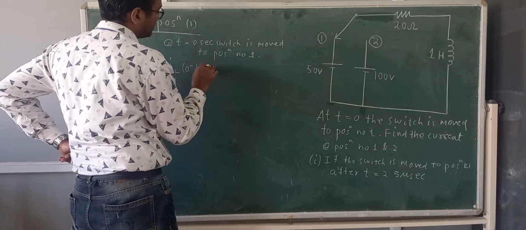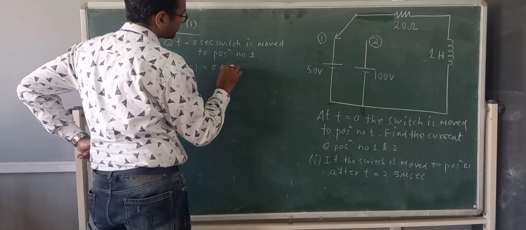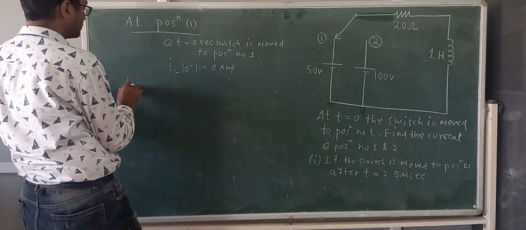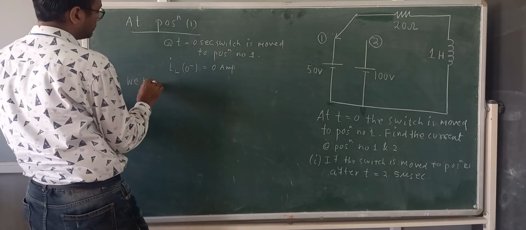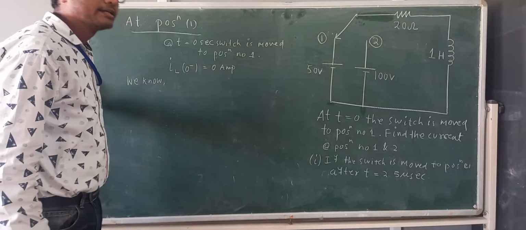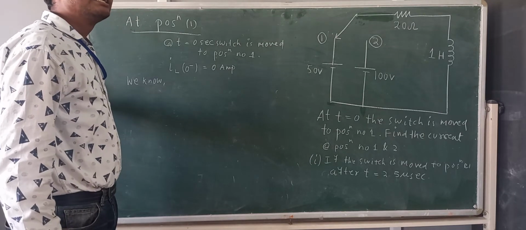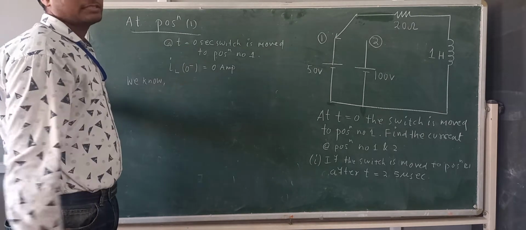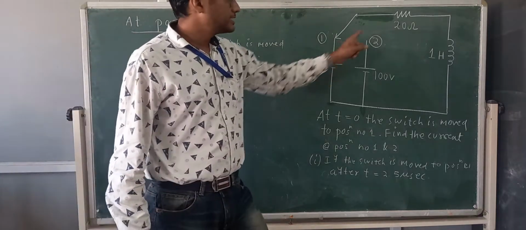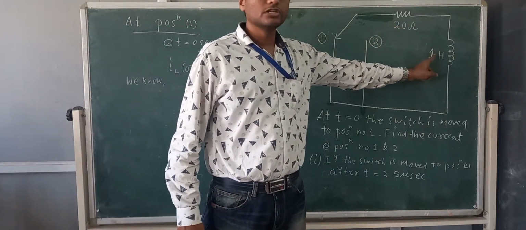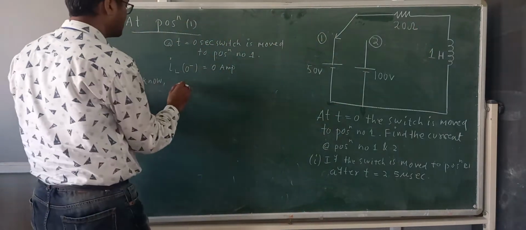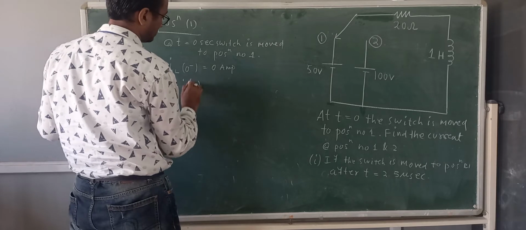I_L(0⁻) equals 0 ampere. This is the initial current. So what is the expression of current? We already know that. What is the expression for the current of a series RL circuit's step response, when this inductor is initially relaxed? i(t) equals to,